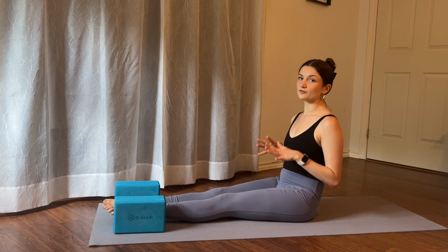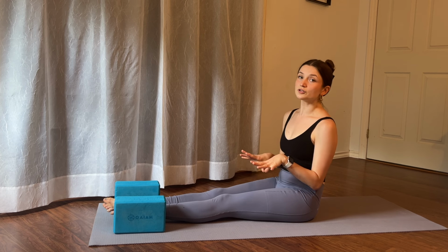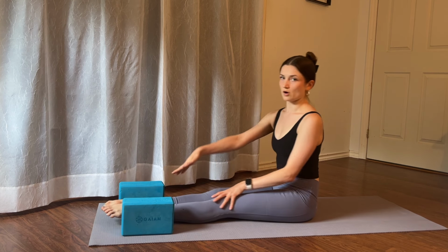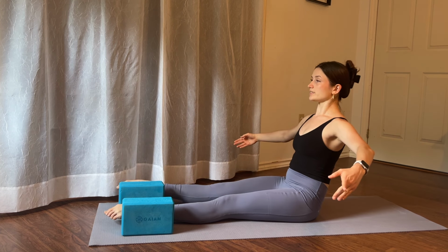Now, this is going to be different for ballet. We're going to also use this exercise with rotation. If you don't do any other types of dance, I still recommend doing this because it's good to strengthen a multitude of muscles in the body, but you can also do this turned out if you really want to focus on devant. But let's take our arms out to the side. We lift the right leg up and over for 10,